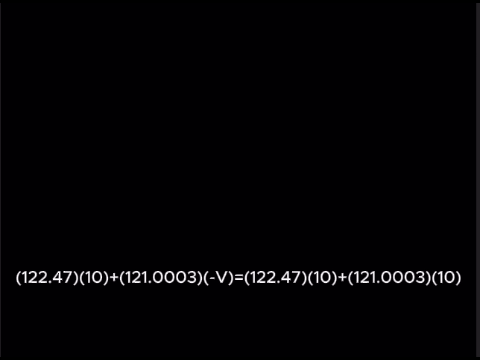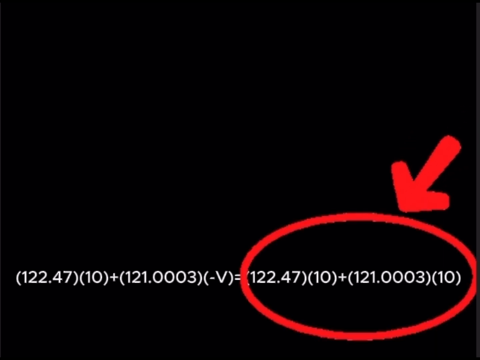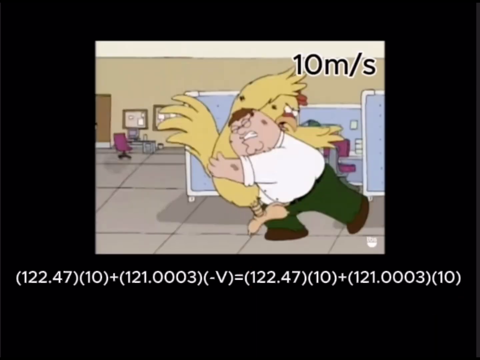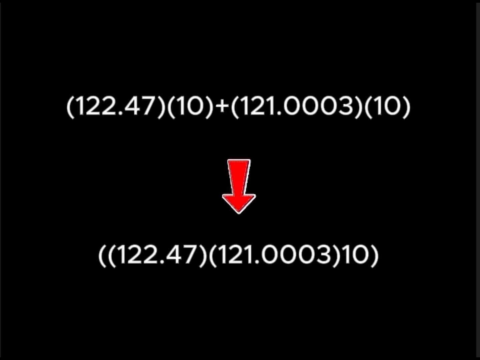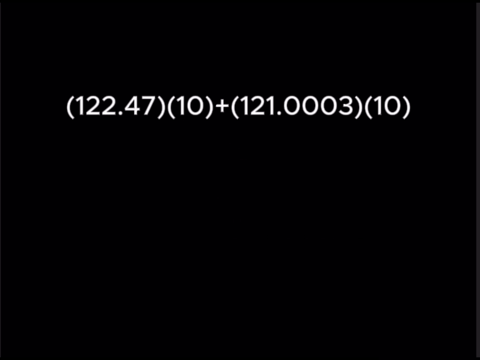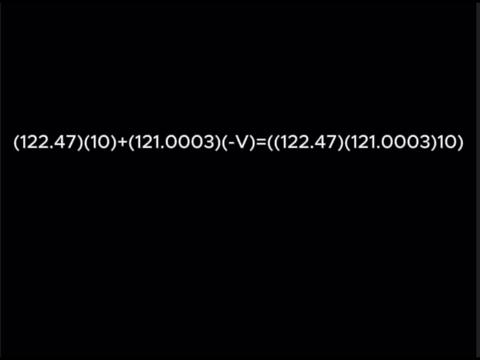We can actually simplify the after collision because both Peter and Ernie are moving at the exact same speed. So we could simplify the right side of the equation to 122.47 kg times 121.0003 kg, and both of those being times by 10 meters per second. Next step would be multiplying everything we can. This gives us